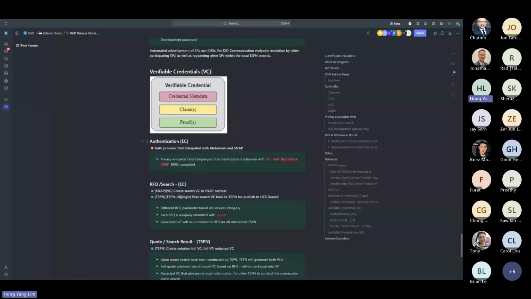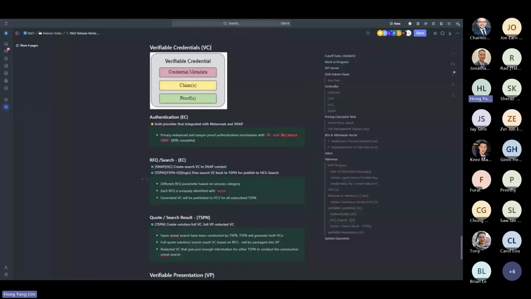And I have a breakdown here as well for our use cases. This is going to be one of our core technologies that we will use across the system. And I have touched on that with authentication, due to the inherent nature of it. So we can have tamper-proof authentication, as we will need to verify the proof that is generated by the user. So authentication, the VC here was meant for the end user, or known as the enterprise user based on the context. So